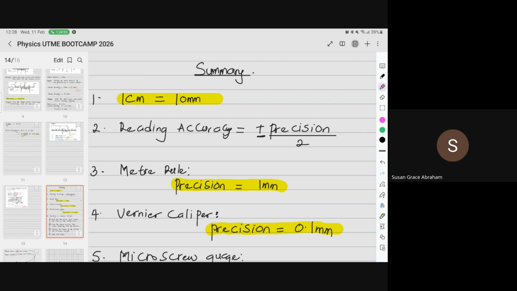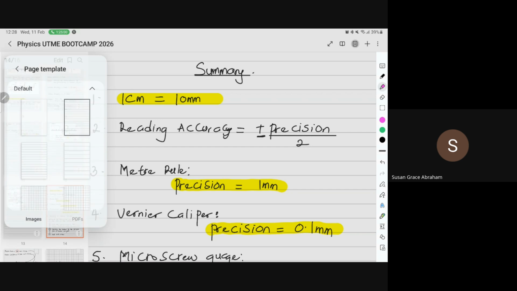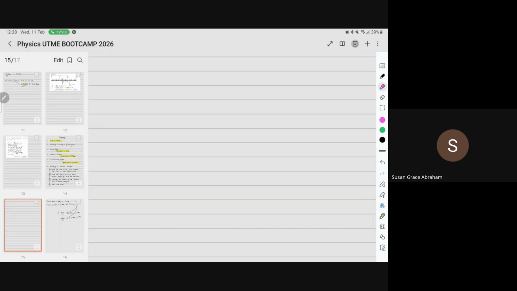Yes, sir. Yeah, so in our next class, we're going to look at what you should be expecting in the next class, then solve questions. So next class, we'll look at reading the micrometer screw gauge. Micrometer screw gauge, don't mind me. Then the next one is measurements